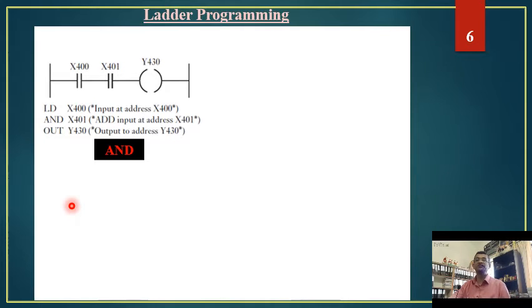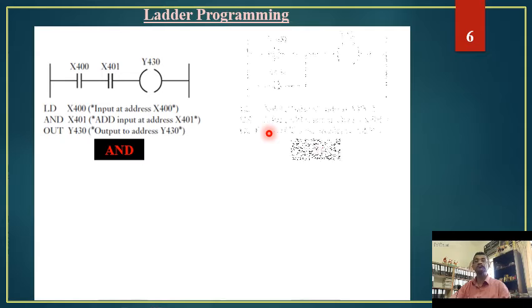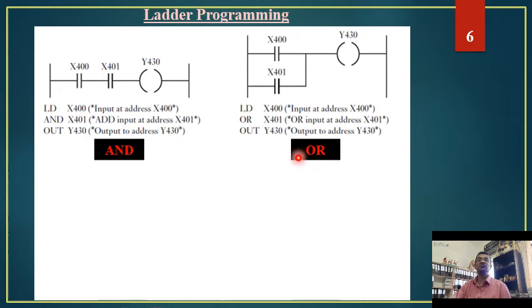Next, we will see OR programming. We will see OR operation. Obviously, OR operation means connecting switches in parallel with each other. Let us say that we have two inputs. This is input A and input B connected in parallel with each other.